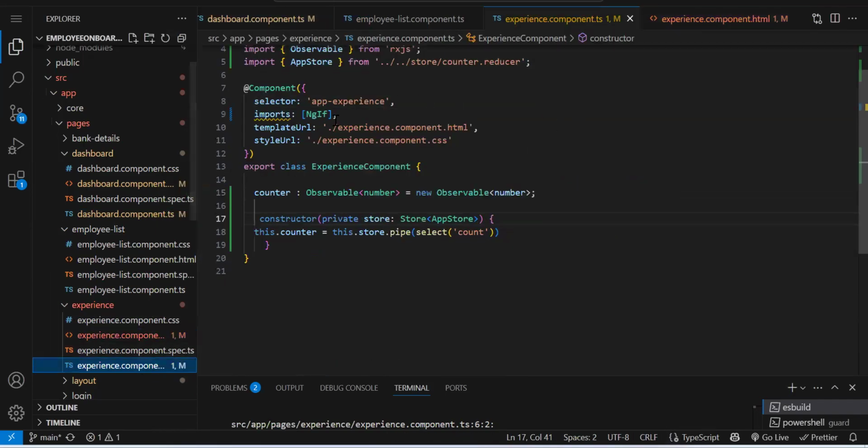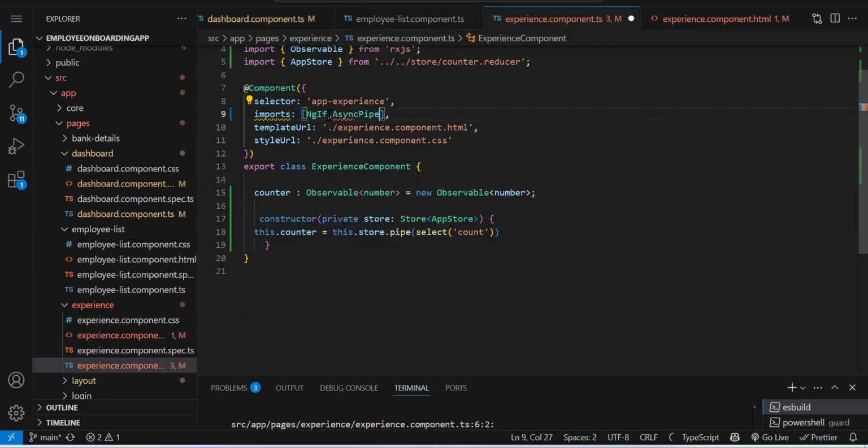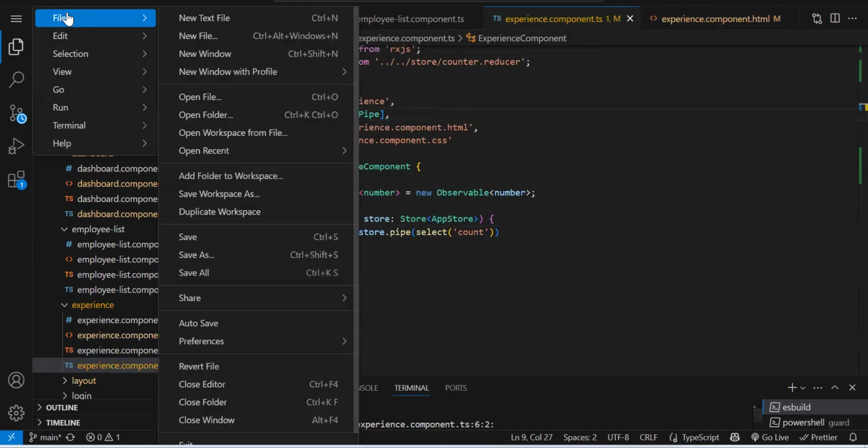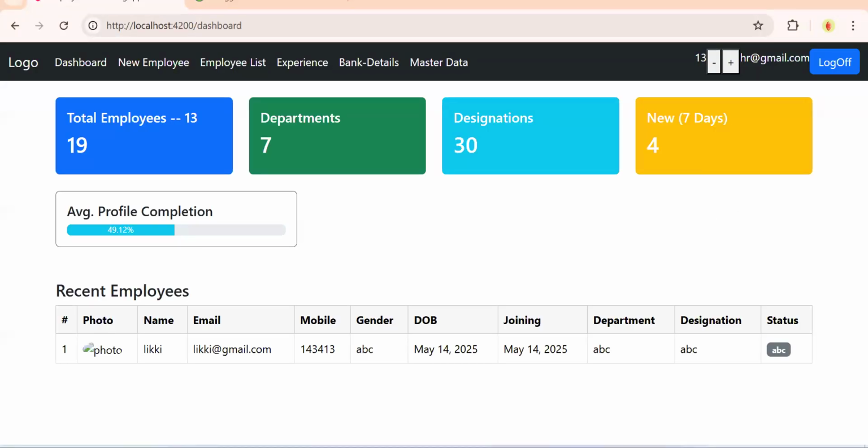Async pipe we need to add. Let's see now. Okay. So this is the initial. Let's say here also see 13 is there. Okay. If I increment, here also it incremented, here also.